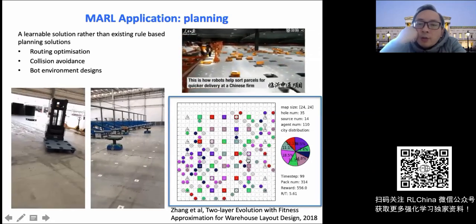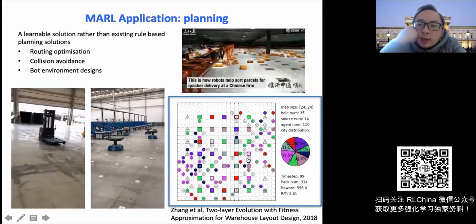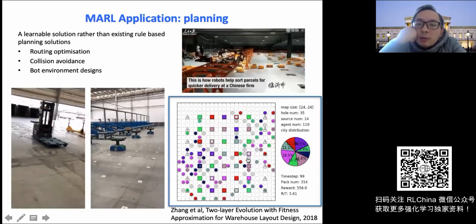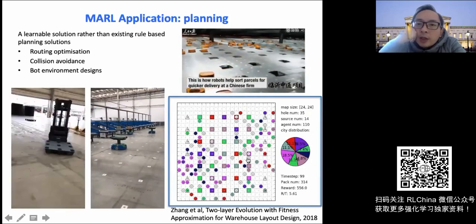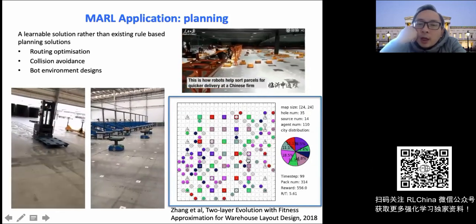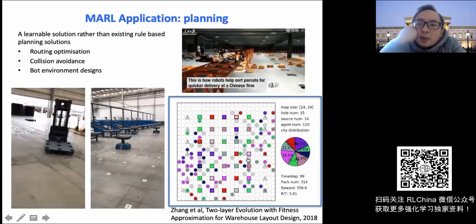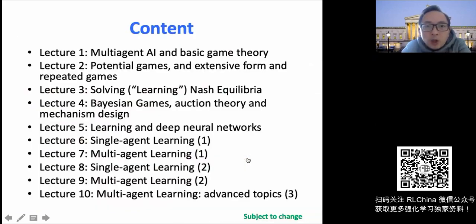computationally it's almost impossible. You have to do it in a distributed manner if you try to coordinate together, and you also need to take into account, when you do the route planning, some uncertainty; there might be some collisions happening. So how do you actually plan then? This is a typical multi-agent problem. So this is how I try to motivate it.